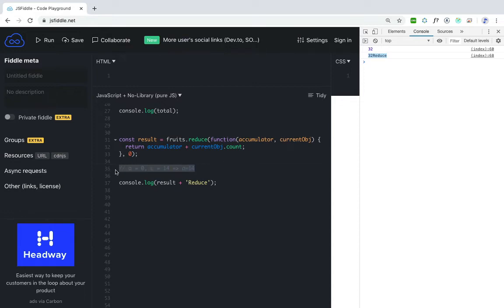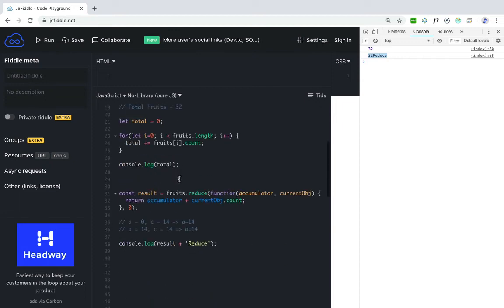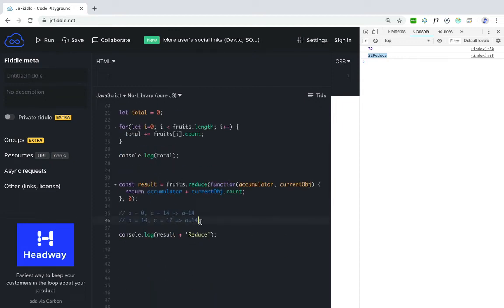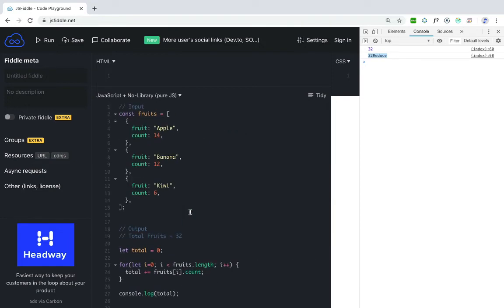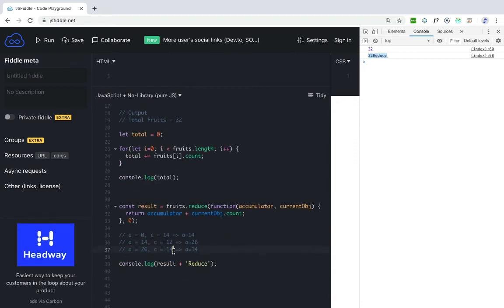After the second iteration we have a equal to 14 initially and c equal to 12, that is for banana, and after the second iteration the accumulator will become 14 plus 12, that is 26. After the third iteration a will be initially 26 and c will be 6, that is for kiwi, and the total will be 26 plus 6, that is 32. So this is how the reduce method works.